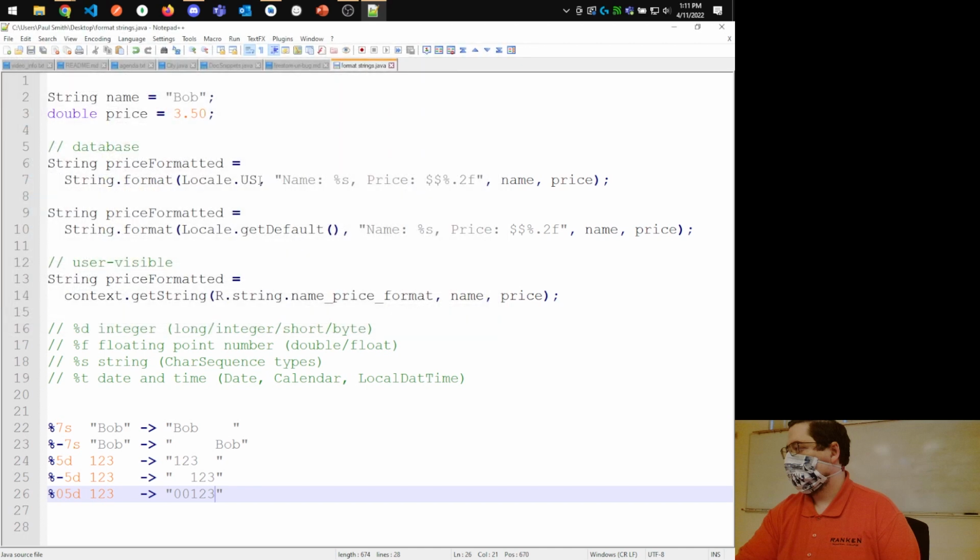Say that because I keep hitting Control S. Right. So the padding is helpful. Okay. That's one thing to mention that's in there. Okay. You can also combine that with the